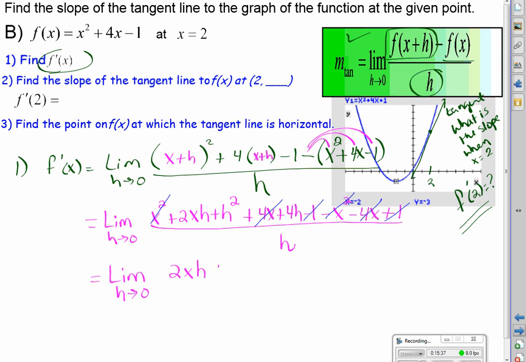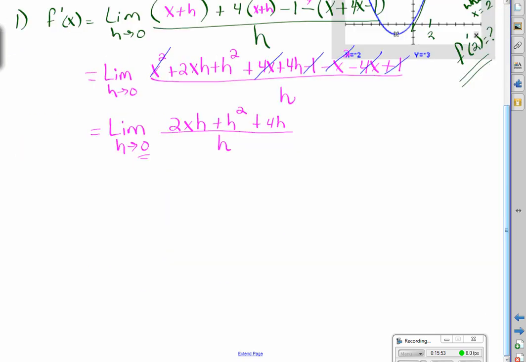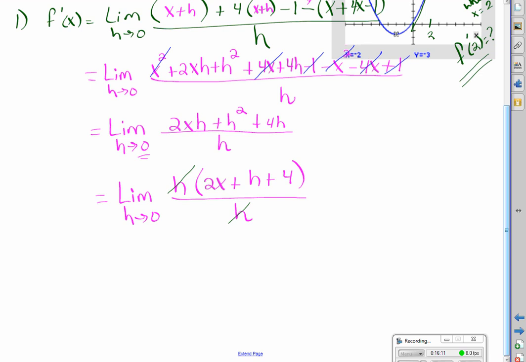I've got 2xh plus h squared plus 4h all over h. Well, if I tried to substitute 0 into my limit to solve it, I immediately see I get 0 on the bottom. But the nice thing, and this is what you're going to want to have happen, is that they all have an h in common. So the limit as h heads to 0, let's GCF out that h. And that gives us 2x plus h plus 4, all over h. I just simply GCF'd. Now, h cancels h,